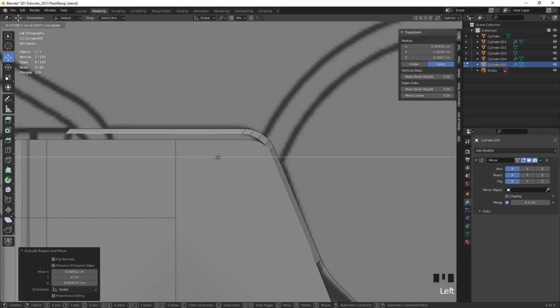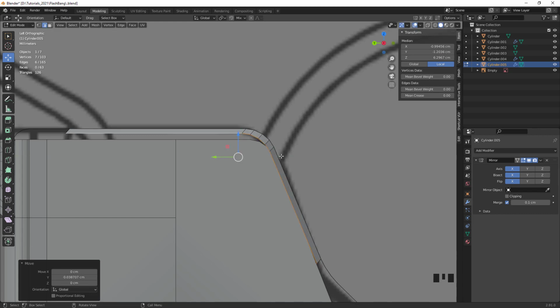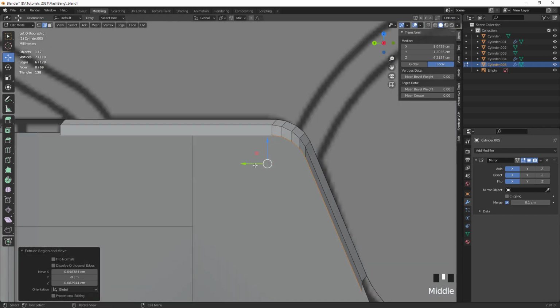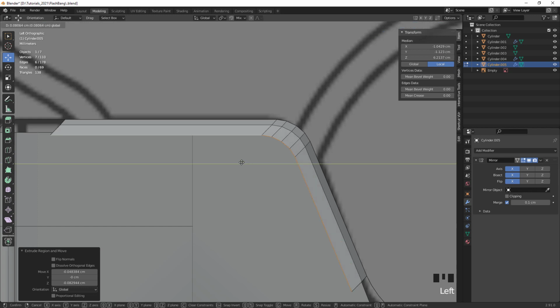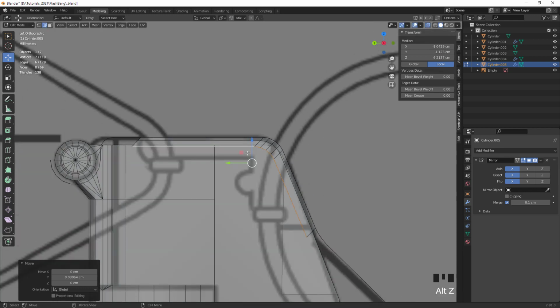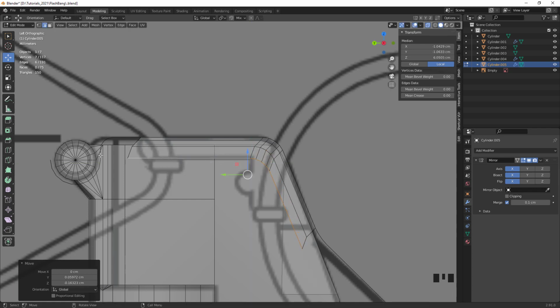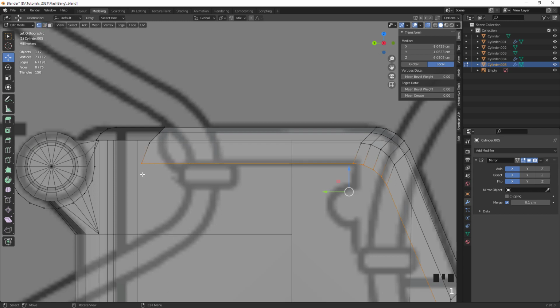We can then go over here to the left view and make sure that our edge flow is nice. Go back here to the back perspective, draw out another loop, and then again we position it like that. And now I'm gonna have one more that I snap back, and I just bring it down here like that. So I'm gonna go over here to vertex mode, press S, Y, and 0 to make sure that it's aligned